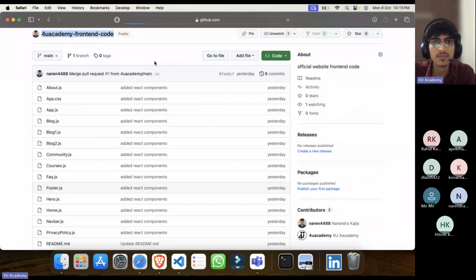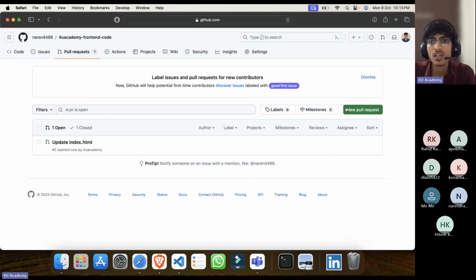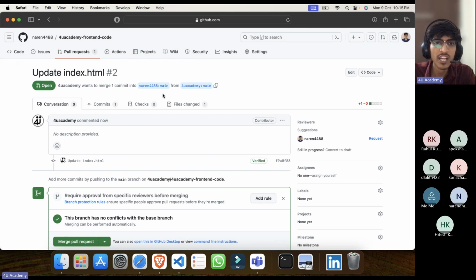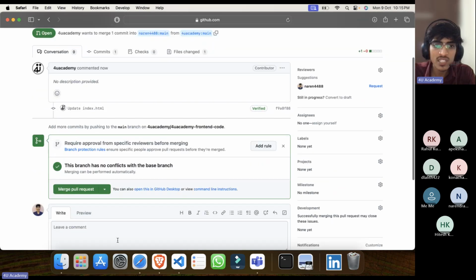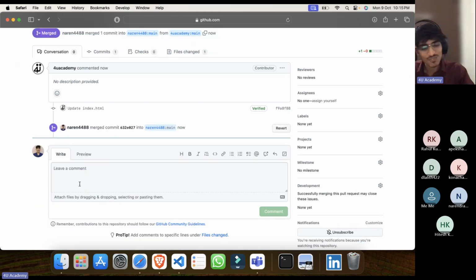When I refresh, this is my Git. I'll receive this pull request here, and I'll see there is this pull request. I'll click here and it gives me the complete details, like For You Academy requested me. You can go through it. I'll just click on merge for now, like I'm agreeing with everything because it is already 10:15.